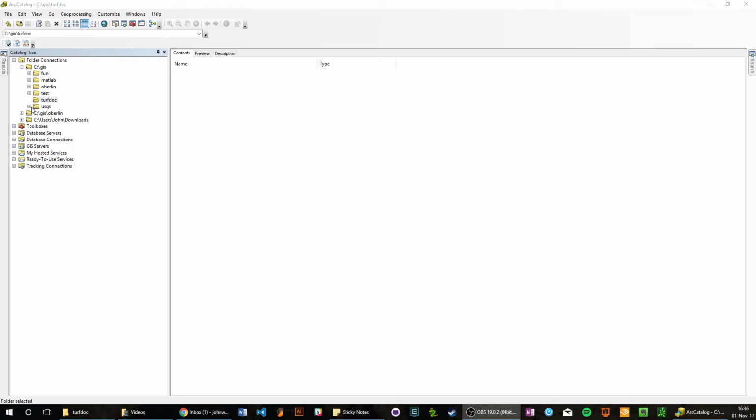All right, so let's move along here. You'll see that I have folder connections, and these folder connections are links to specific file paths, and you'll also notice that these are on the C drive. So when you're using ArcCatalog, you're going to want to be as close to the C drive as possible, and the reason for that is because ArcGIS is underlined by a Unix system, and Unix operates best at the C drive and closest to the